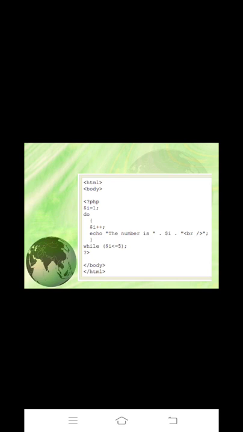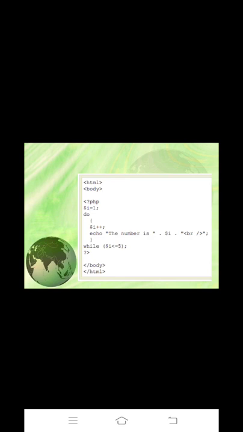So here I plus plus is there, and directly you will get the first number, 2. The I value is 1, then I plus plus makes it 2, the number is 2, then 2 is less than or equal to 5, so you will get 3, 4, 5 like this. That is the difference between while and do while. In do while, the condition is checked at the end, so it is called an exit control loop.